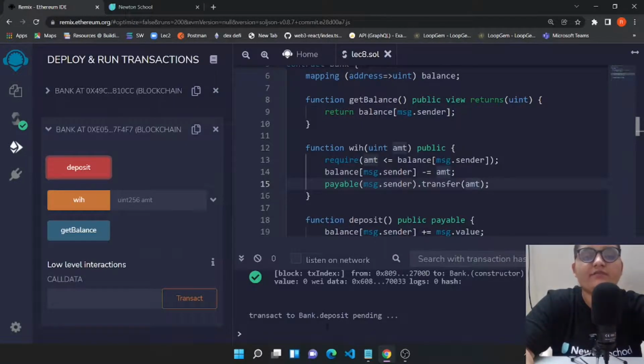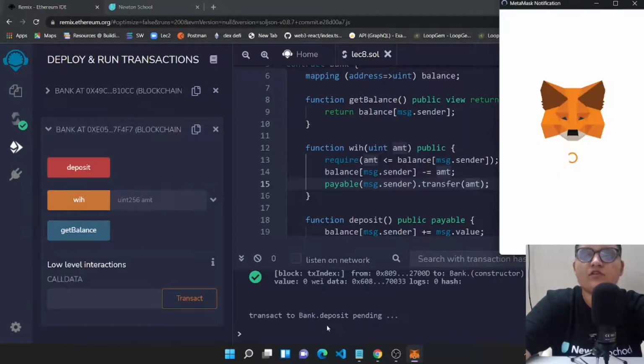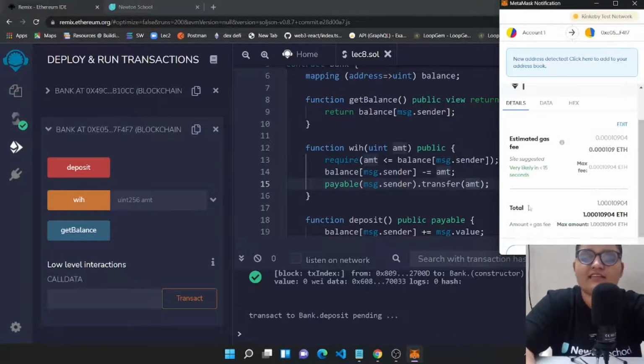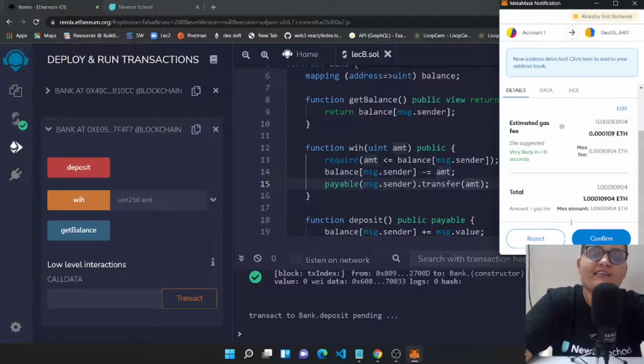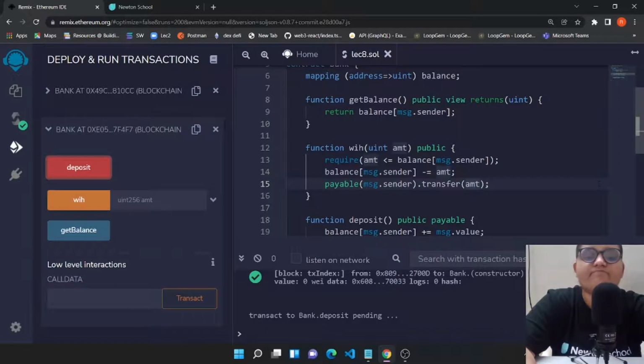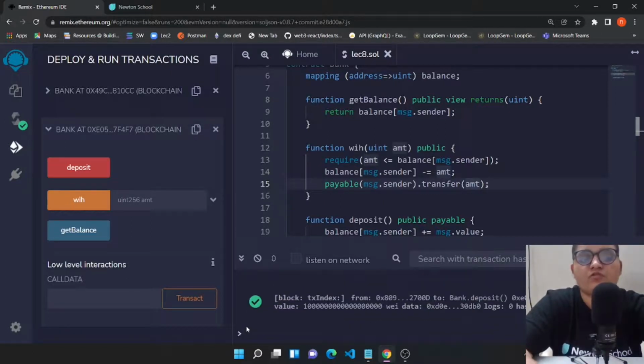So yeah, it will be taking some time because the test network works like a real network, and a real network basically takes time, and I guess it takes more time than this. So yeah, we need to bear with this right now. So we have proceeded with our deposit function, and now we could simply check the balance once our transaction gives us a green signal, a green tick.